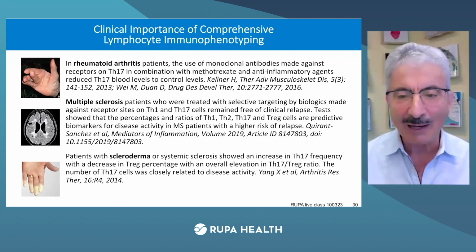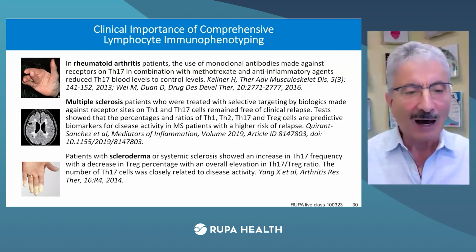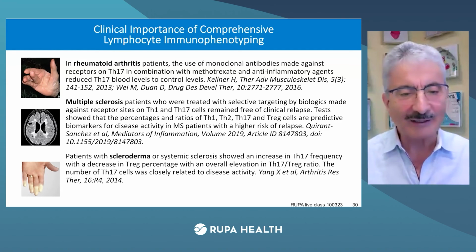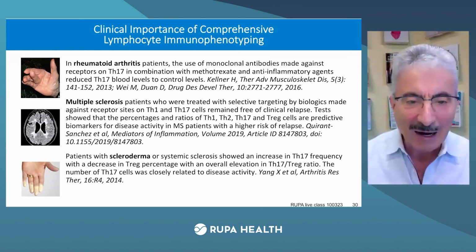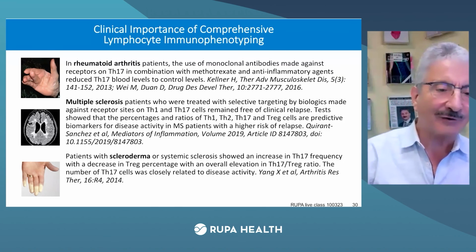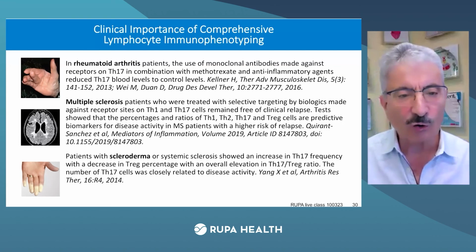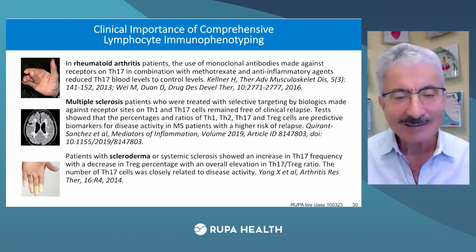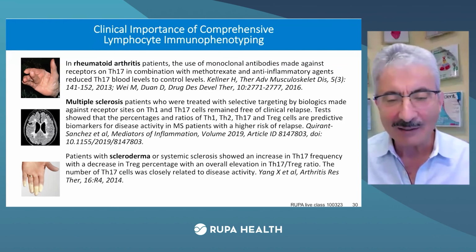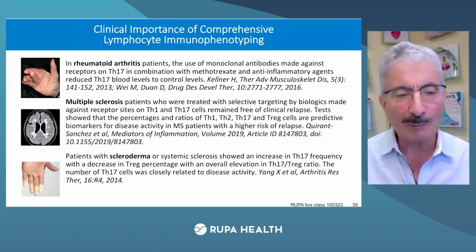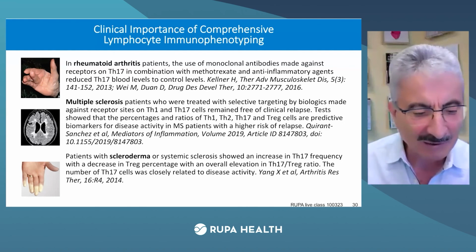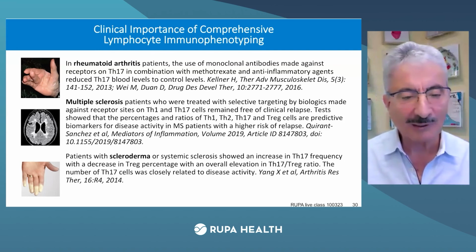When they treated the patients, the number of Th1 and Th17 went down, the number of regulatory T cells went back up, and that shows success in the treatment modalities of patients with rheumatoid arthritis, multiple sclerosis, and scleroderma,